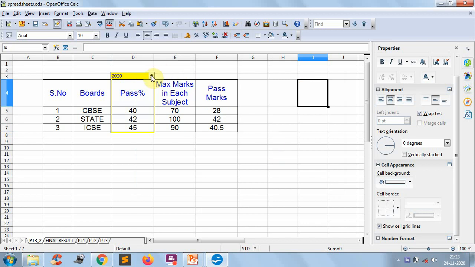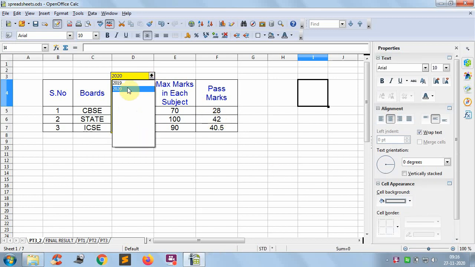So here in one drop down option will be there. If you click on the drop down menu, here it will show you the two scenarios names. Scenario means it is the set of saved values, in simple definition, set of saved values. Now if I click on 2019, see this one, previous year pass percentage cutoff values has been given. According to these values, this pass marks will be calculated. Now here I am selecting the second scenario 2020. Now, so here based on the values in the scenario 2, these minimum pass marks will be calculated.